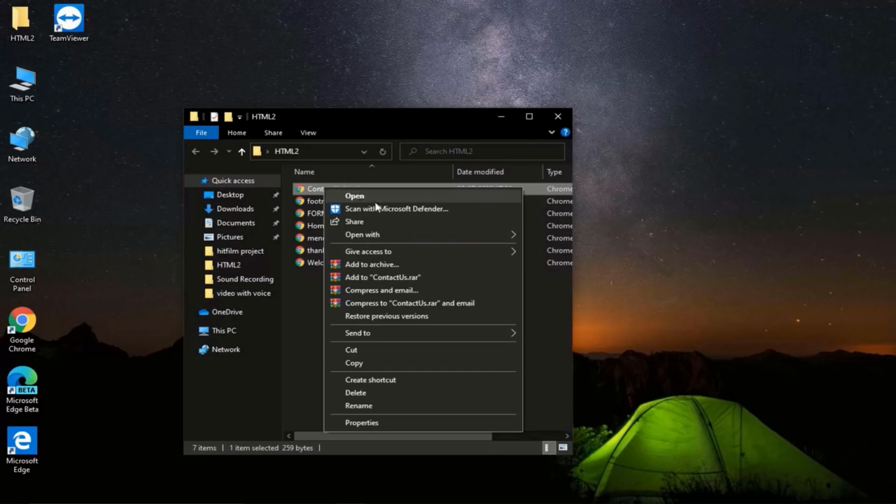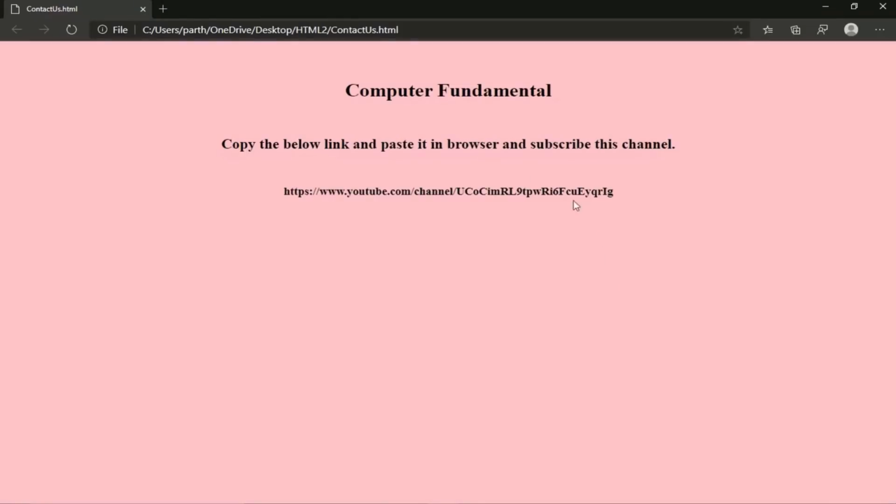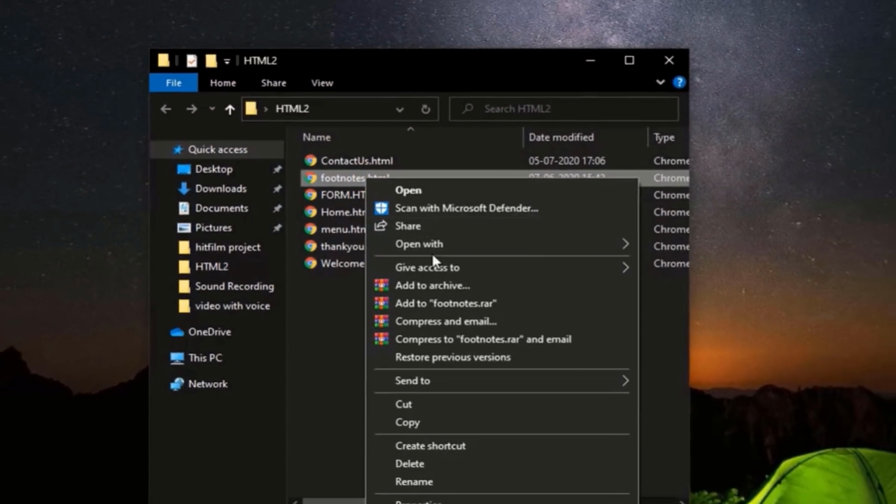So before creating frame, we made some web pages. Let's have a look at these web pages.